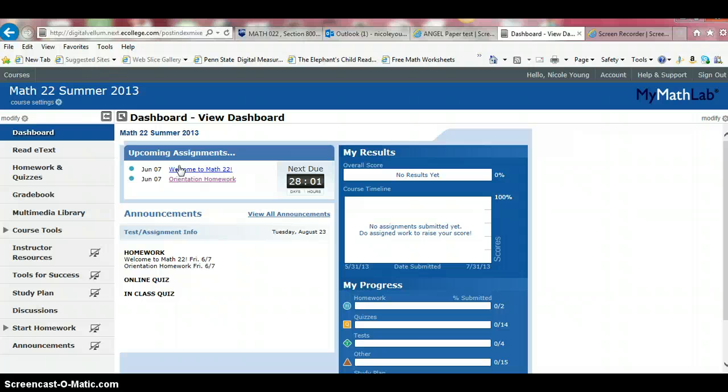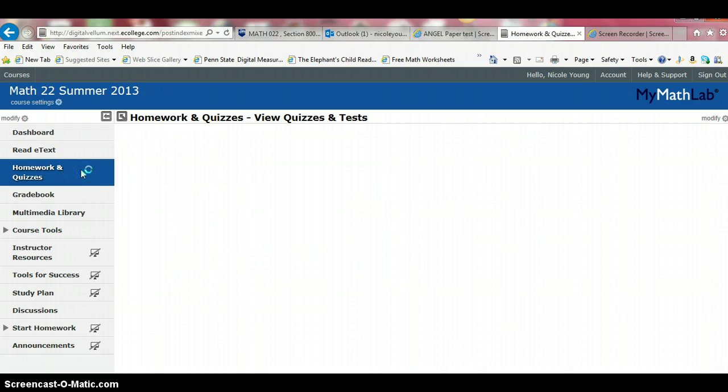The other way to get there is to click on homework and quizzes, which becomes useful because this upcoming assignments box only holds 3 assignments, so sometimes we're going to have more than that at the same time, and if you're looking for an assignment, you may have to go to this homework and quizzes button. So I'm just going to go to homework and quizzes button,